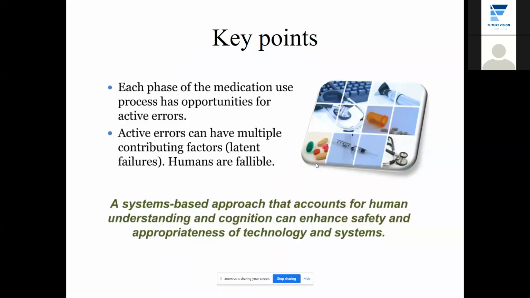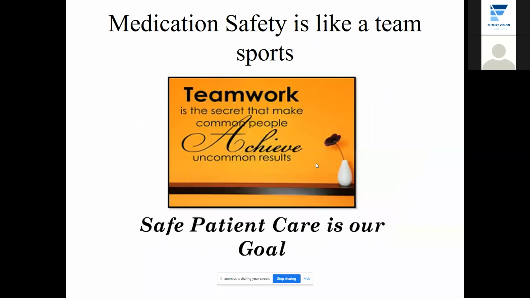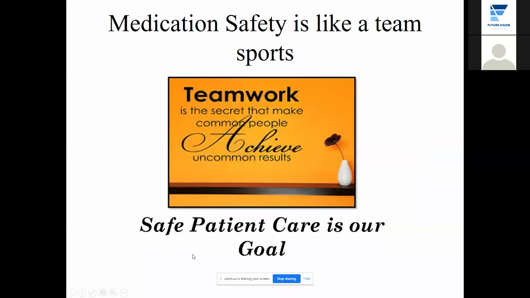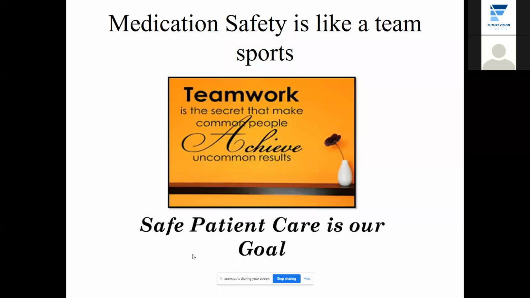So each phase of the medication use process has the potential for active error, and active error can have multiple contributing factors. Always the most important thing is system plus people for excellence, not the system alone or the people alone. The system with the people will lead to excellence. Any question? This is how we end today's lecture. If you would like to ask me any question related to it...